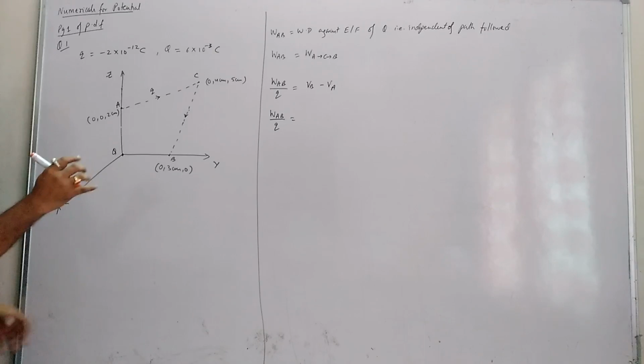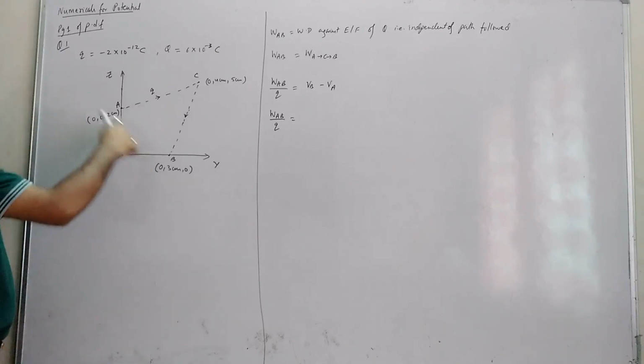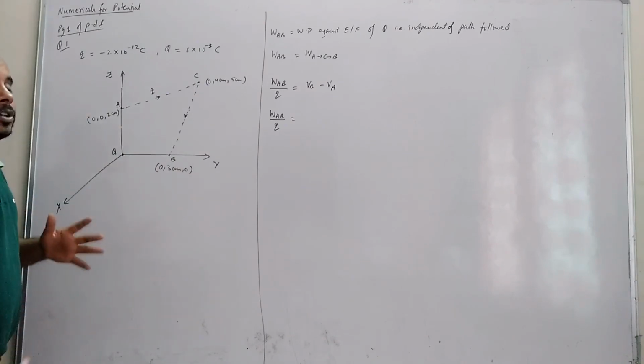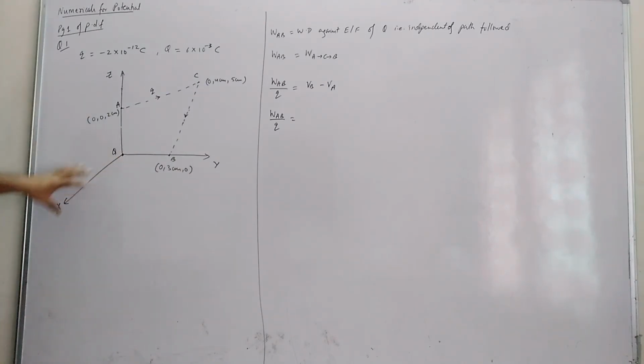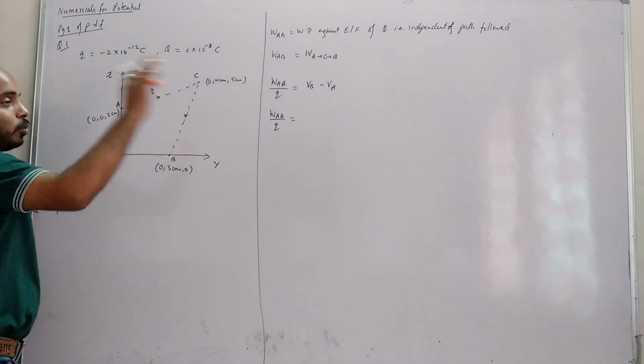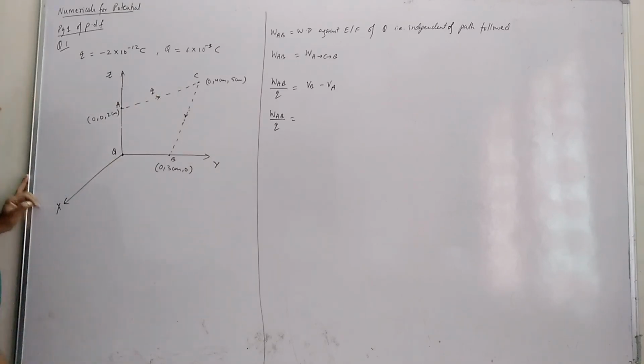We just have to be concerned that they are perpendicular to each other. You keep anywhere x, anywhere y, anywhere z, no issue. So I'm keeping this side because there are no points here. We are dealing with only the y-axis and z-axis. You may have z-axis here, you may have y-axis here. No problem, all outside. Okay. So I'm taking y here, z here.